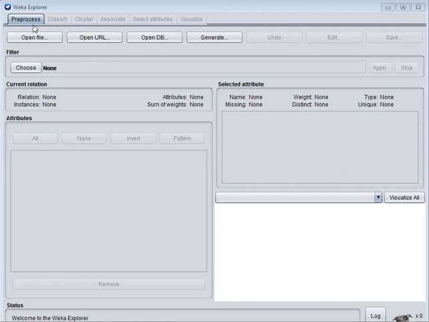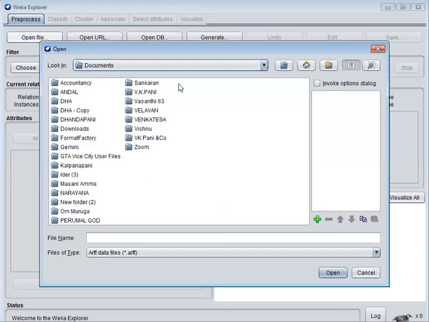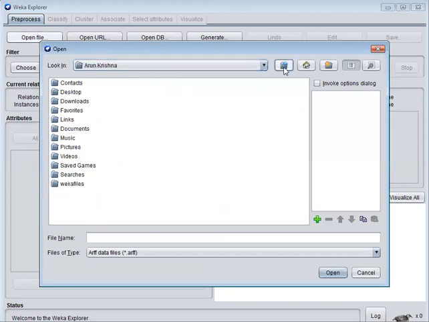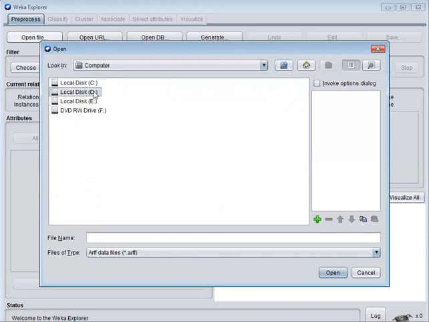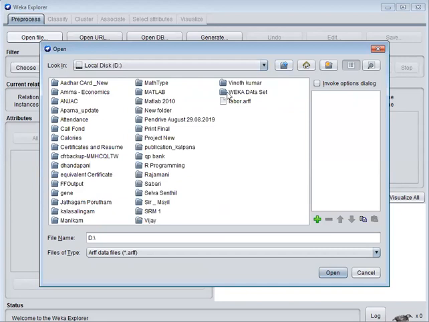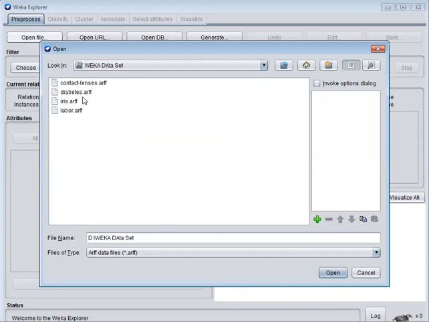Now we open the Weka tool, then explore the Weka, then open the file from the local disk. We should keep the attributes of the data set in nominal form.